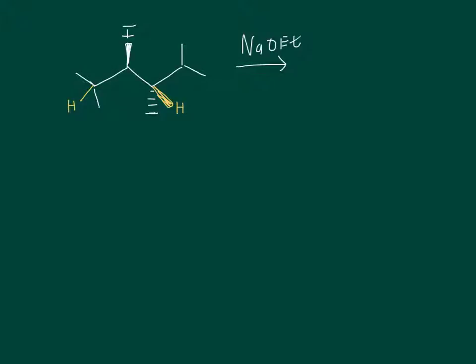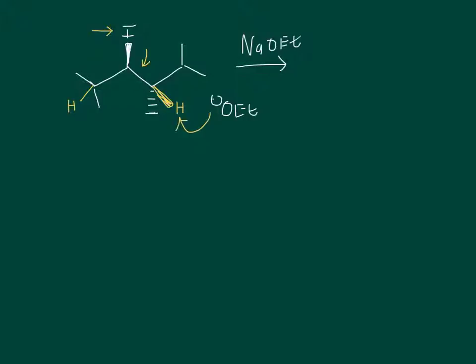Before we go farther, we'll want to say, okay, what's our leaving group? That would be the iodine. Good leaving group, it'll be fine, we'll be forming the double bond here. So as we start, we're pretty familiar that we're going to have our ethoxide come in and abstract the proton, and we'll be working the one at the right. But here's the problem. One thing that we haven't seen so far is that with E2 mechanisms we require anti-periplanar